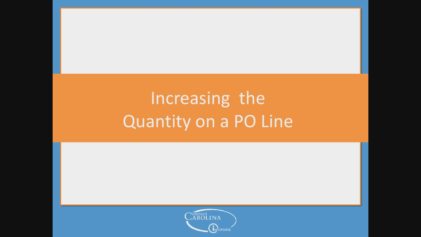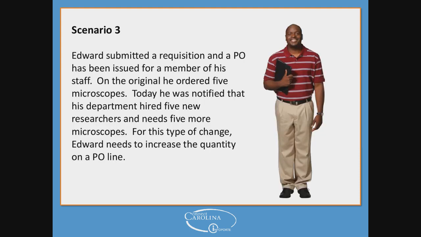We are about halfway through, and we are now going to go over increasing the quantity on a PO line. For this scenario, we have Edward. Edward submitted a requisition and a PO has been issued for a member of his staff. On the original, he ordered 5 microscopes. Today, he was notified that his department hired 5 new researchers and needs